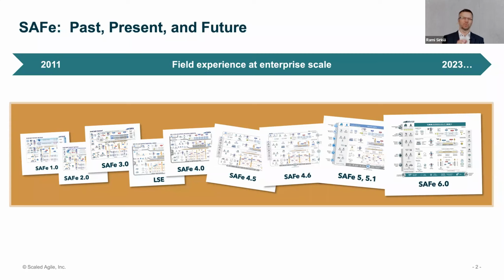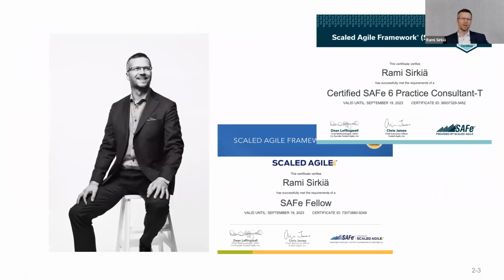My journey started with SAFe already in 2010 with SAFe 0.93 when Dean Leffingwell was helping Nokia. I was working at Nokia back in those times, so he was helping us to make this scaled agile transformation. I also contributed to SAFe 3.0 with this budgeting model, and that later earned me the SAFe Fellow title. I'm also a SAFe SPCT, meaning that I can run the most advanced classes here.